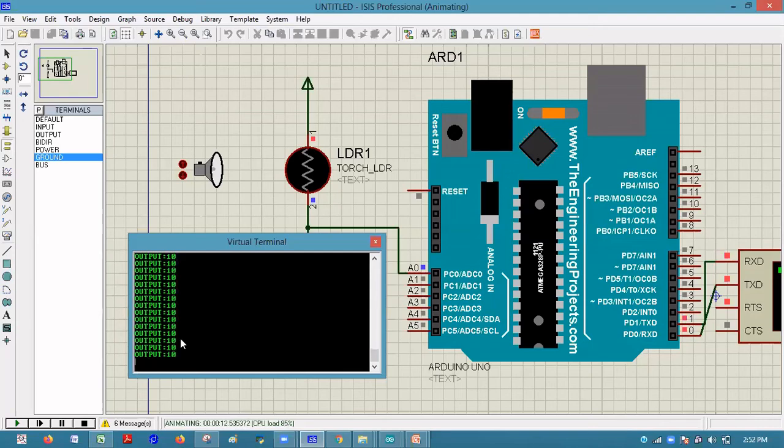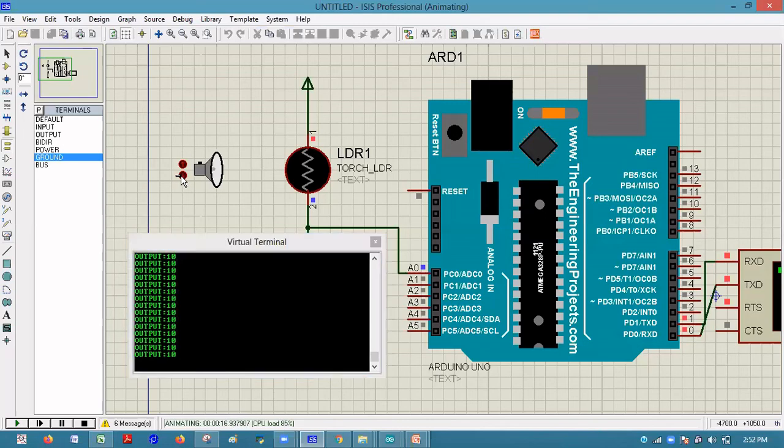First line I am getting output is equal to 10. Next second value in the second line. That is the use of LN. Now I am increasing the light intensity, so the output value also gets increased. Do you understand? These are about the LDR interfacing.